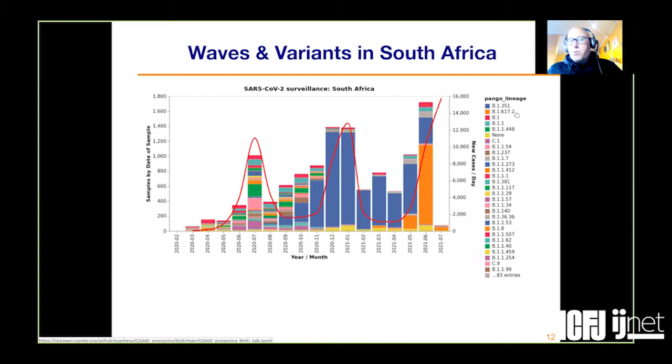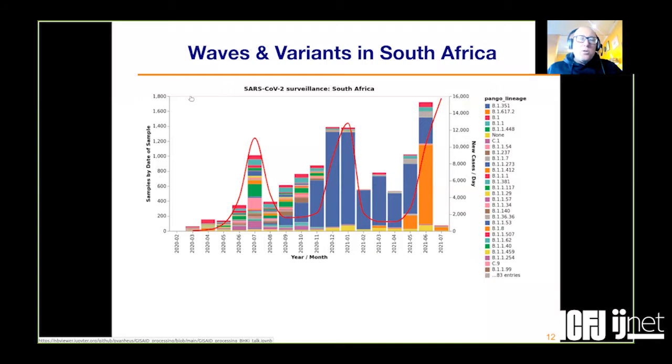B.1.617.2, otherwise known as Delta, okay? And you see this is drawn just as our third wave was really ramping up, and we start seeing that most of our samples are Delta samples. Now, it's important to realize that these numbers here, we've got